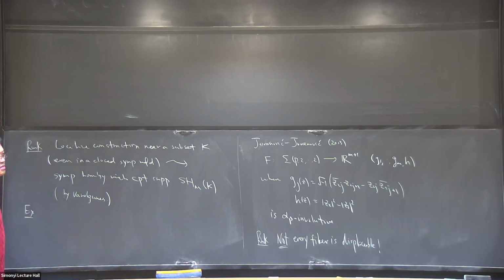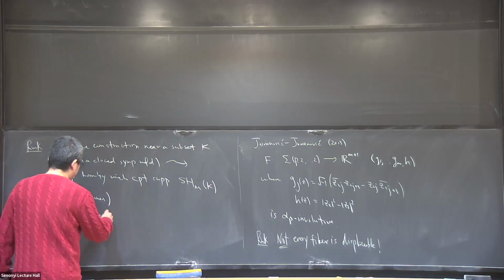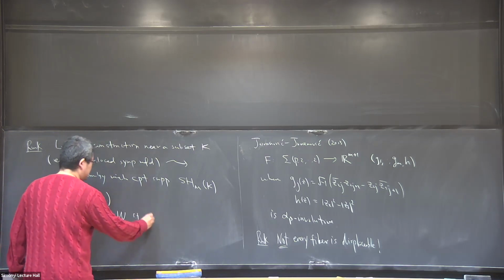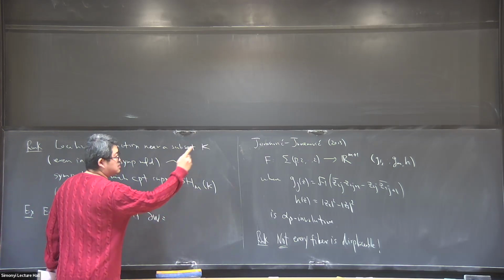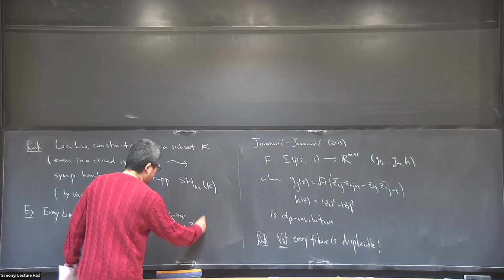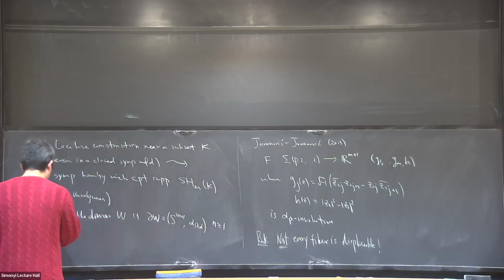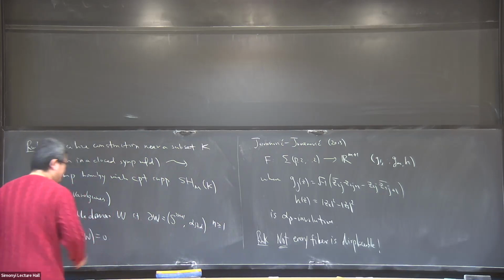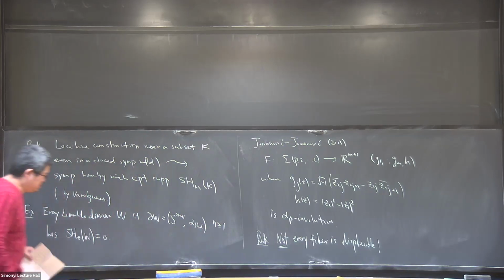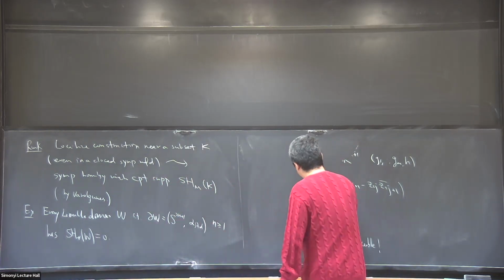So the first example is done by Amy Smith. It says that every Liouville domain W such that the boundary of that is the standard sphere we just talked about, where the dimension is at least three, has symplectic homology vanished. And on the contrary, for this Ostrowski sphere,